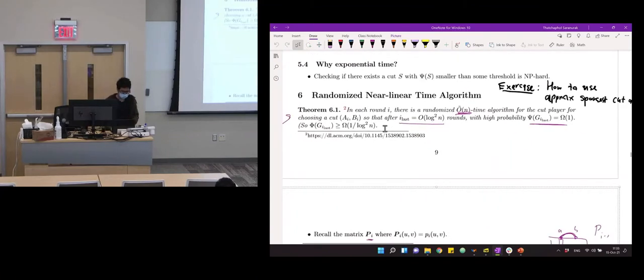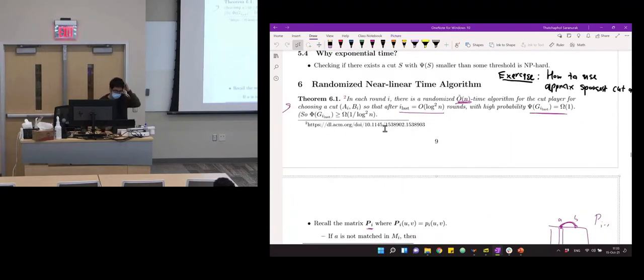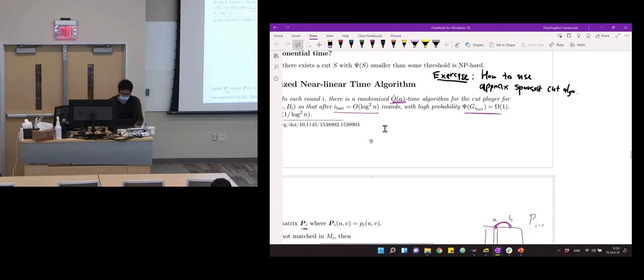Right. So actually, is there any question about the cut matching game so far? Okay. Otherwise, then I'm gonna tell you a bit more about